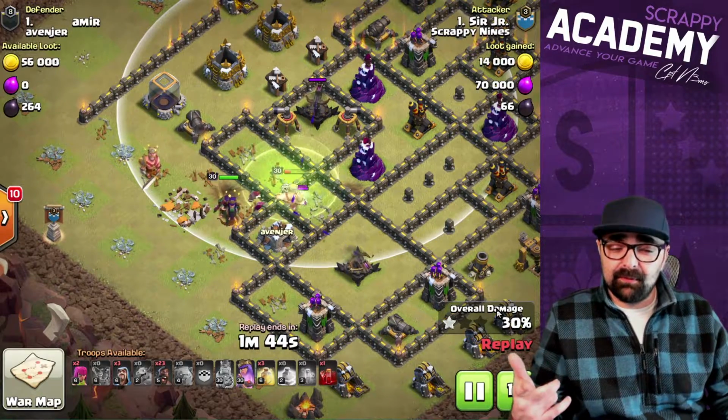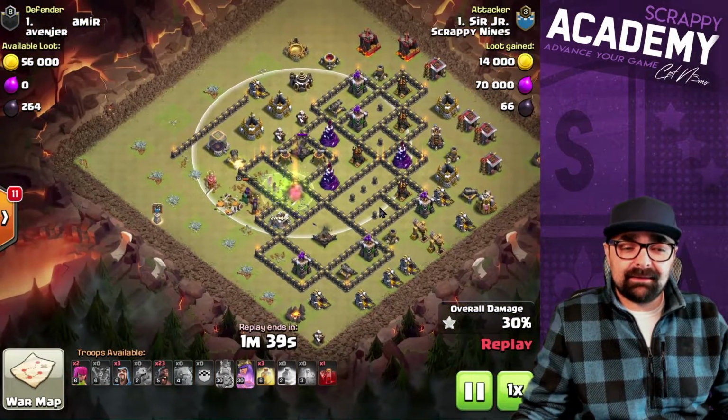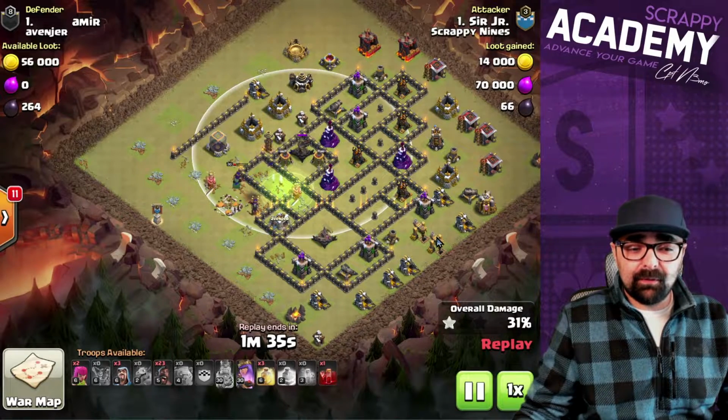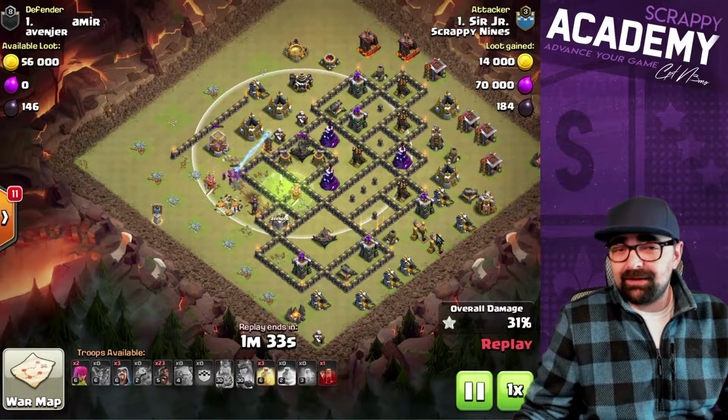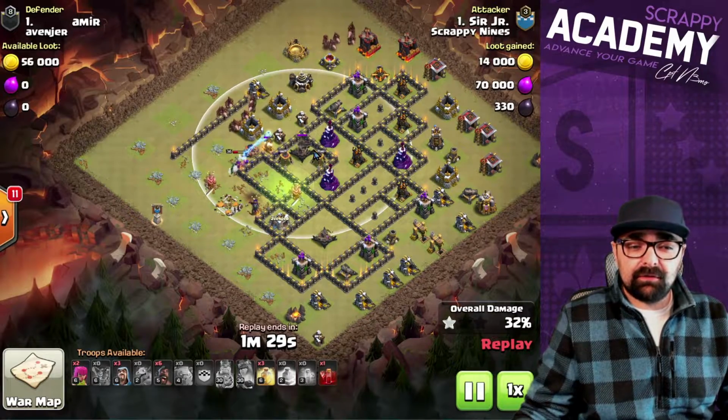Once you take out the enemy queen and the clan castle, anything else is just extra icing on the cake. And that's kind of what happened to Sir Junior here. He took out a whole bunch of stuff, including a wizard tower. Right, I mean, that's extra icing on the cake. He took out the king, and now he can start sprinkling in his hogs to go in, as you notice,